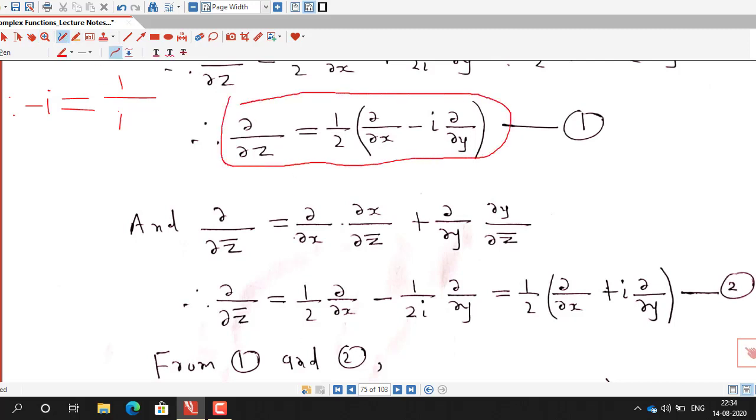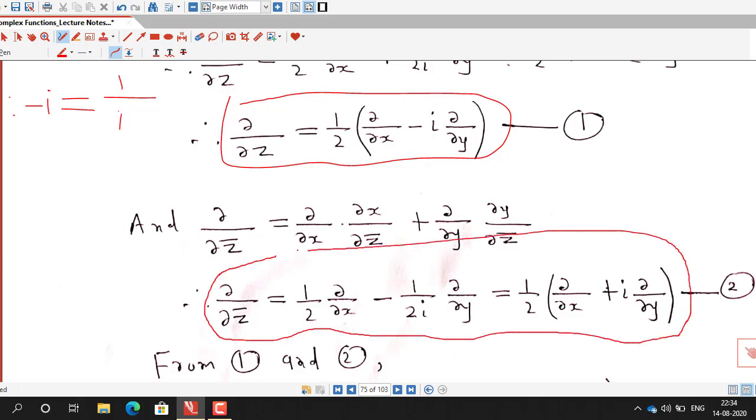This is number 1, this is number 2, and we will write this right hand side in that expression. So from 1 and 2, if we consider multiplication of left hand sides, we have the partial derivative del with respect to z and z bar, and if we multiply